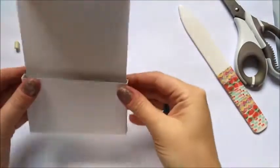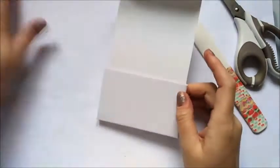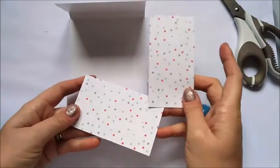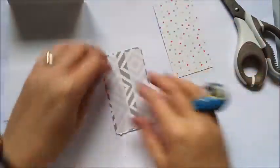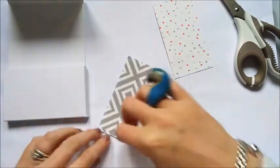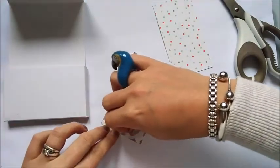Focus back in there again, otherwise it'll be a bit blurry. There we go. Okay, and then that's what you should have at this point. So what you want to do then is get your two nice pieces of DSP, or however it is you're going to decorate it. You might not have these pieces. I'm just going to lay